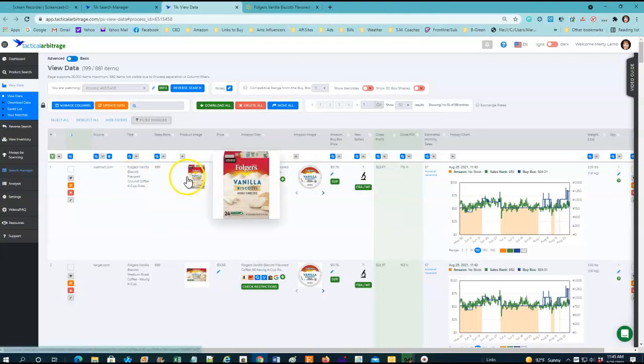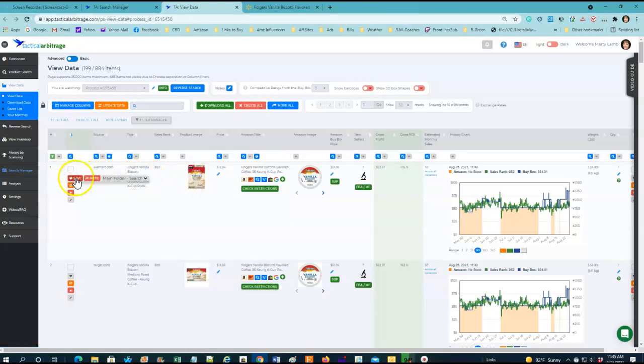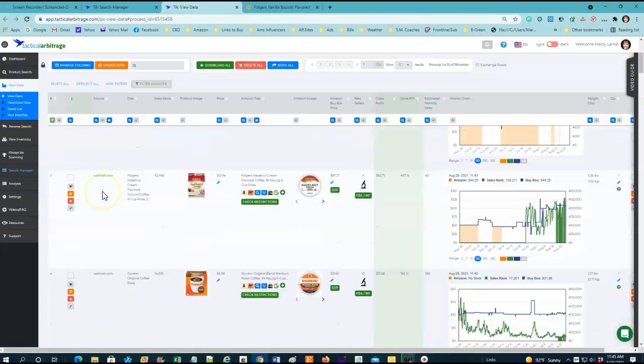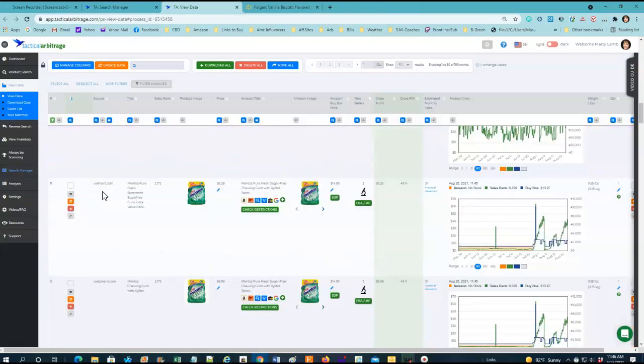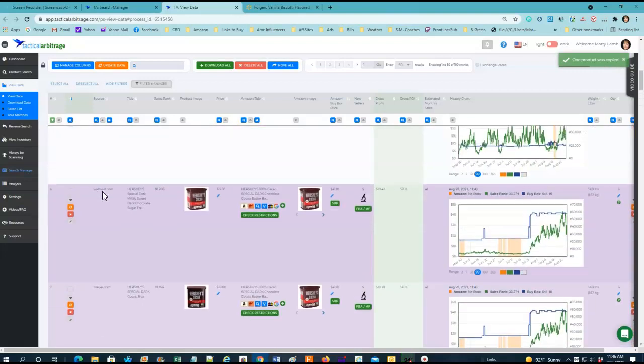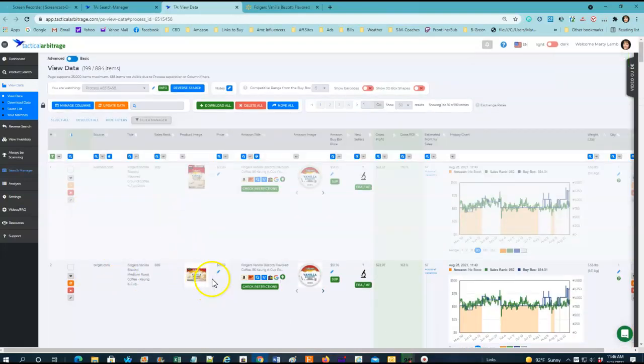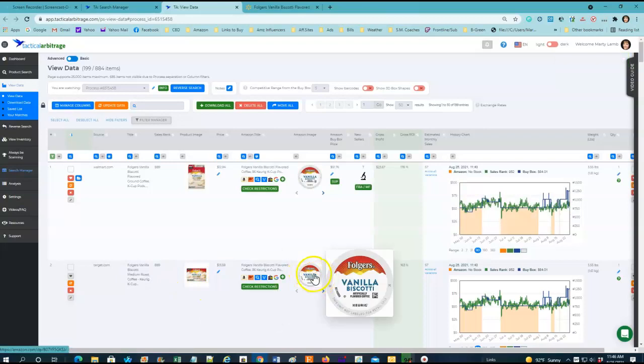So if you want to save a listing and you like it, let's say I save this, you can go over here to this heart, click on the heart, and then click on save, and it'll save it for you. Every once in a while you'll find something that's mismatched. Well, I don't see anything right now, but let's say this was vanilla and this was hazelnut and it's mismatched. You can come over here to the X, click on the X, and you can either delete it or mark as mismatch. So if you find listings you want to keep, make sure you save them in your heart,